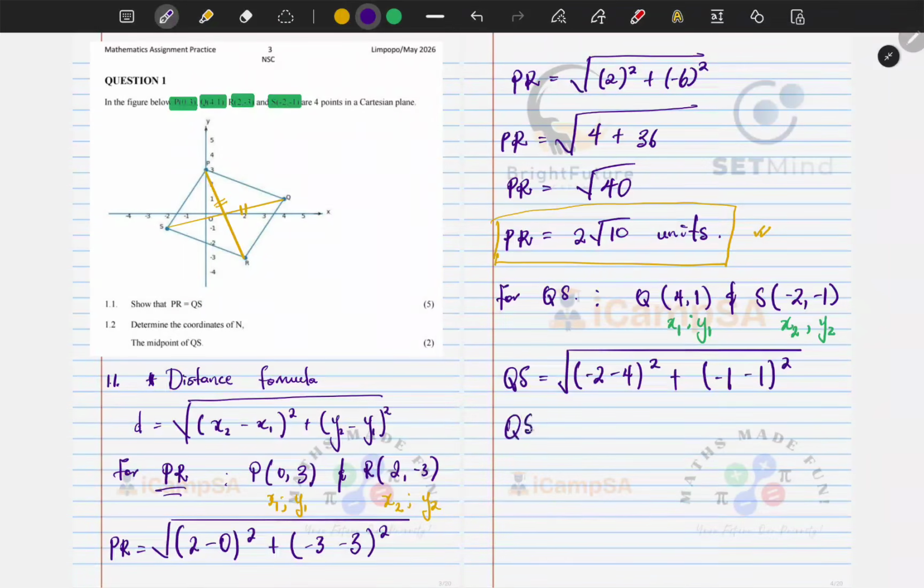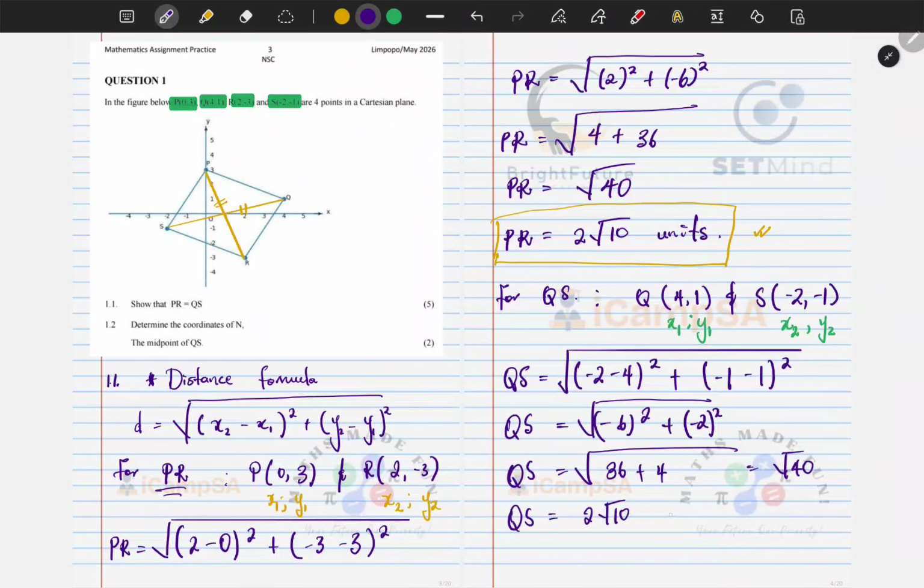So now you have your QS, which is equal to the square root of (-2 minus 4) squared, which is -6 squared, plus -2 squared. So your QS is essentially 36 plus 4, and QS is equal to root 40. And remember what we said, root 40 is the same thing as 2 root 10